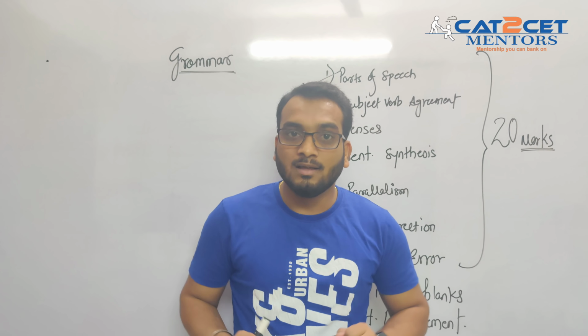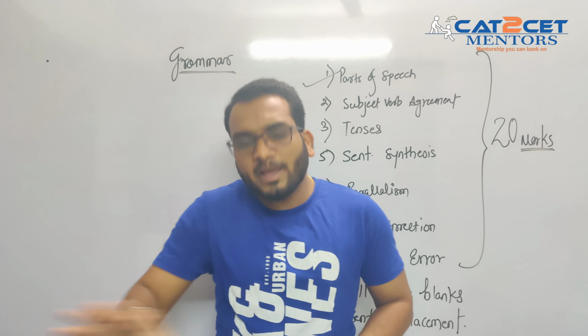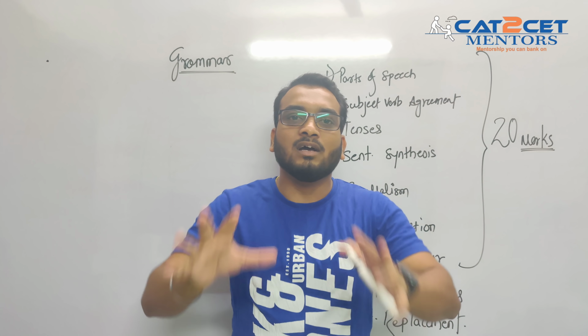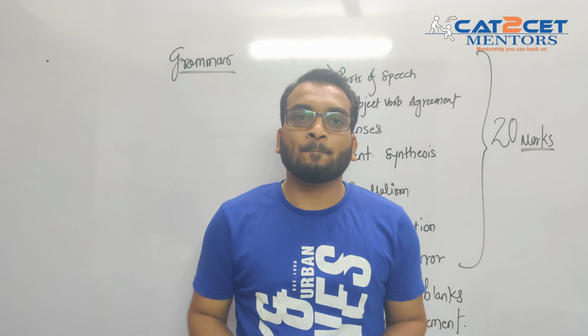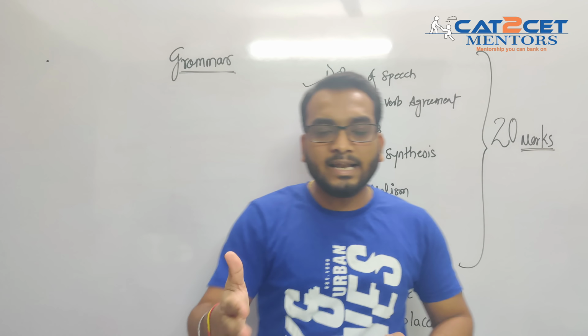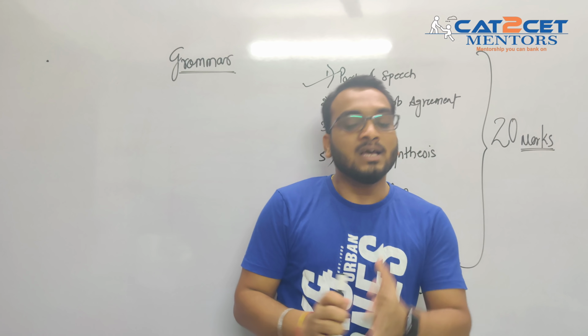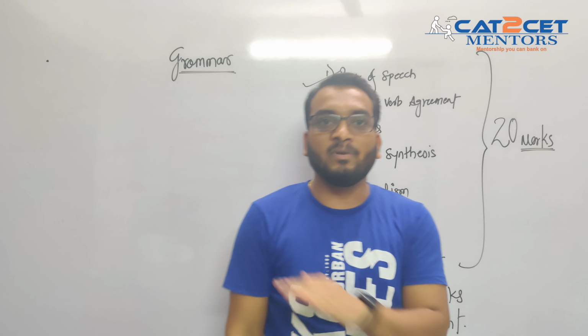Right? You got to start from your basic level, and your basic level is going to be parts of speech. What comes under parts of speech? Noun, pronoun, adverb, adjective. All these basic things that we actually learned during our school time. Very basic. The problem is that we do not focus on the basic level and then we jump to a high level, which is modifiers and parallelism. Don't even go to that level. CET is not going to be asking you this kind of question. CET is going to stick to its basic level, period.